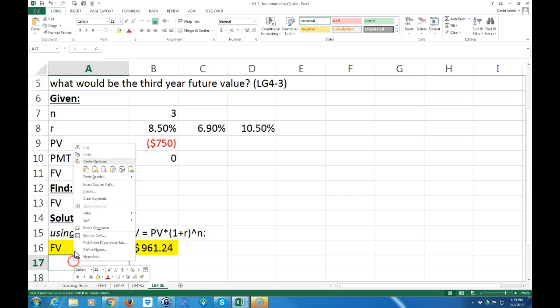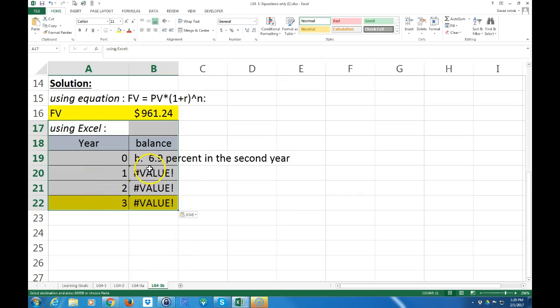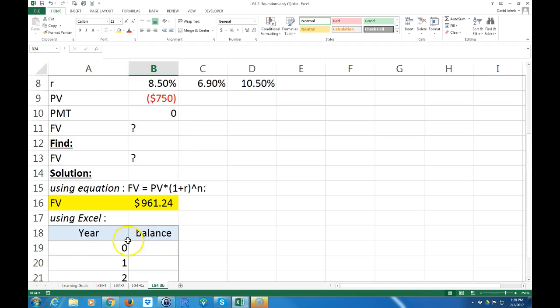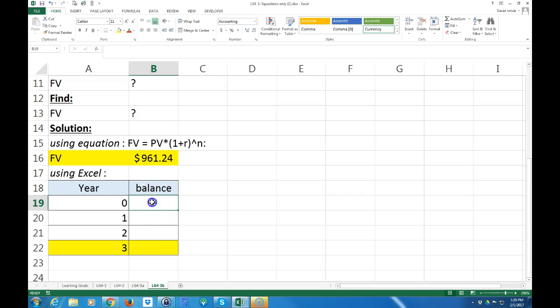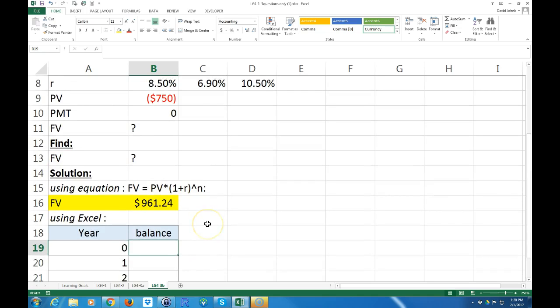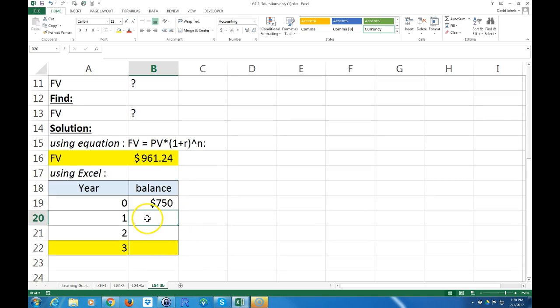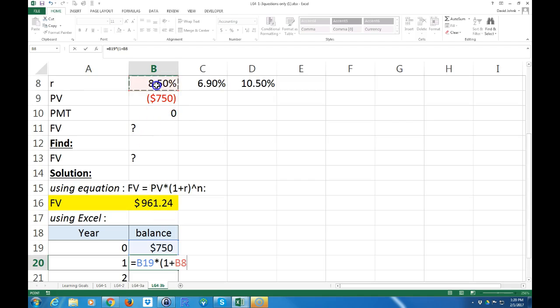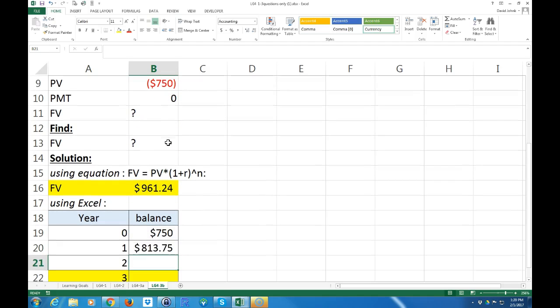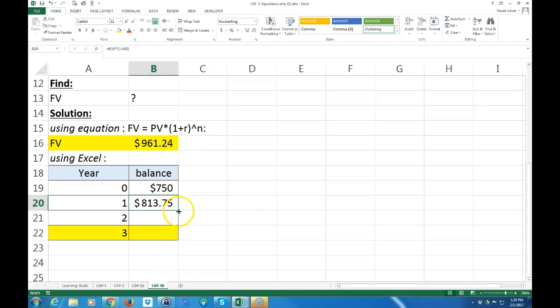So like I say, using Excel, and let me delete these. So my first year, I know I'm going kind of fast, but you can pause it and put this in. My first year is equal to a negative this, right? And then after the first year, it's going to be equal to this times parentheses 1 plus this parentheses. Okay, and I can drag this down,